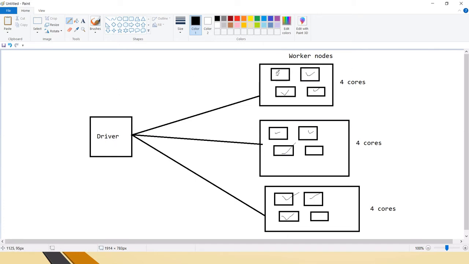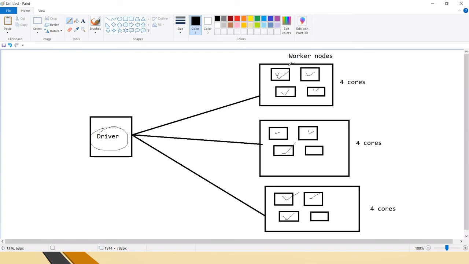And when we say partition, the same task that is present in the stage will be copied to all these partitions, and the same task will be performed in parallel in each of them. Finally the combined result will be sent back to the driver when the final action is triggered.